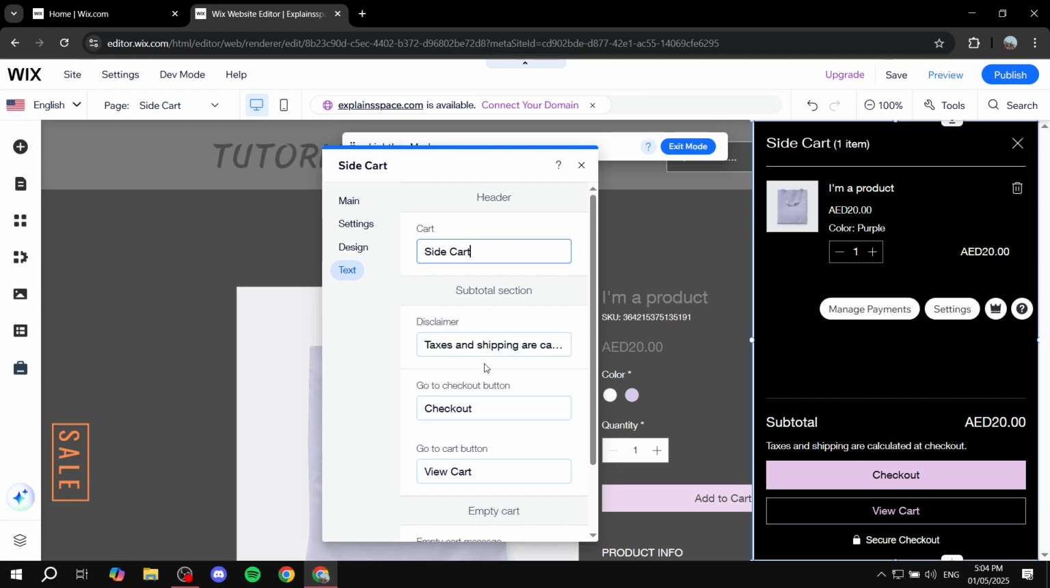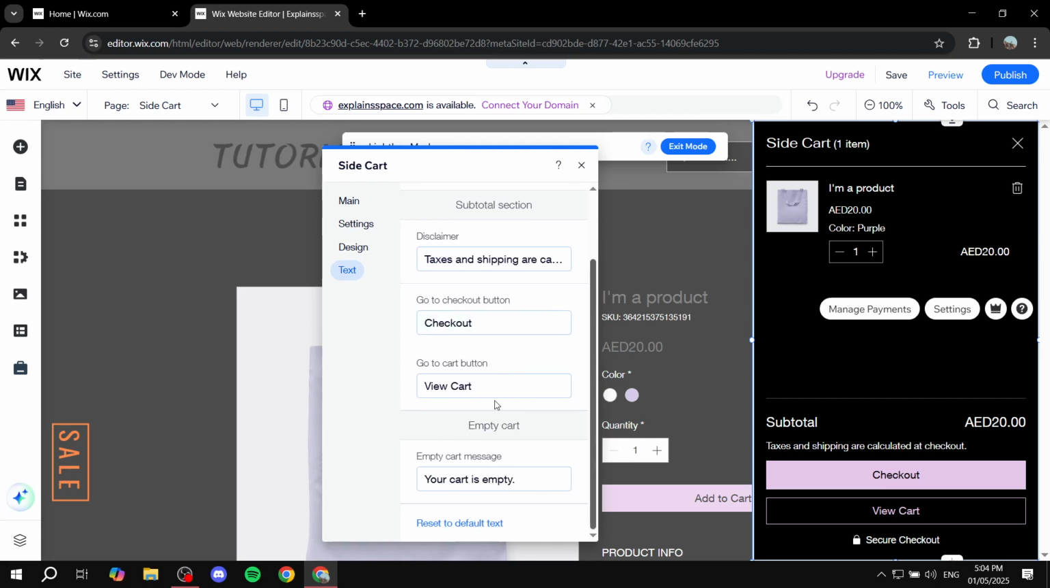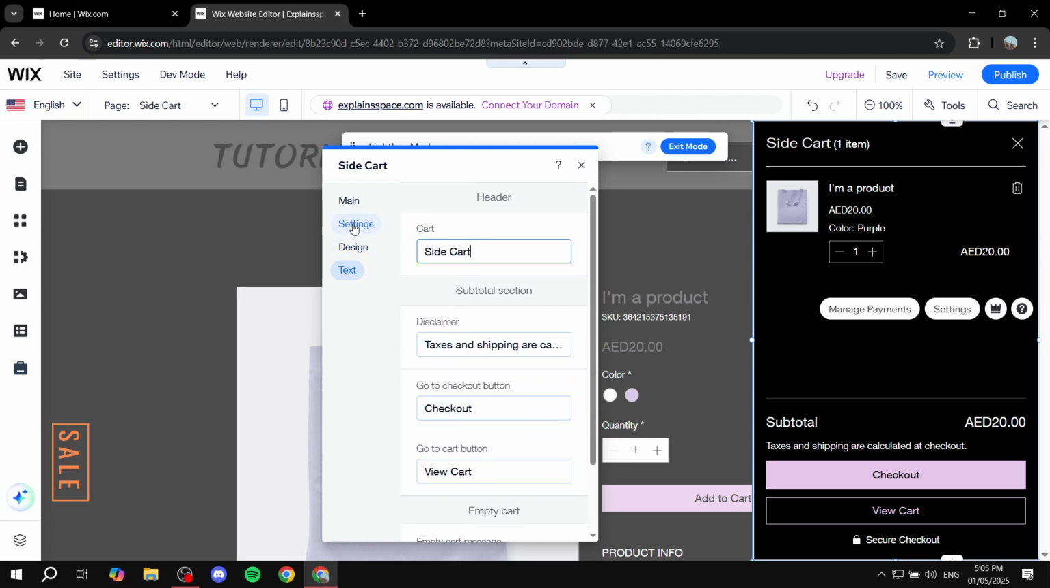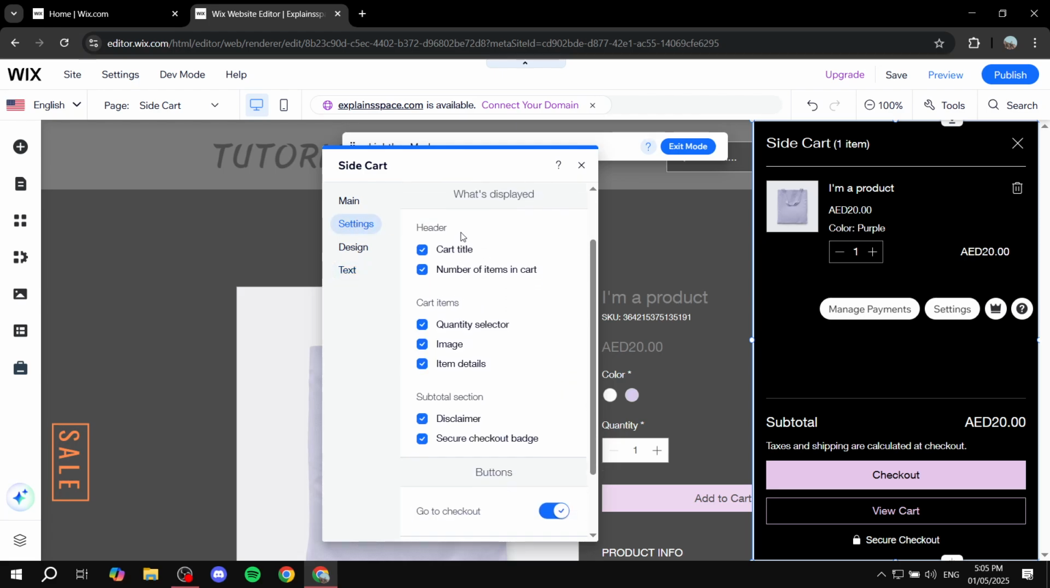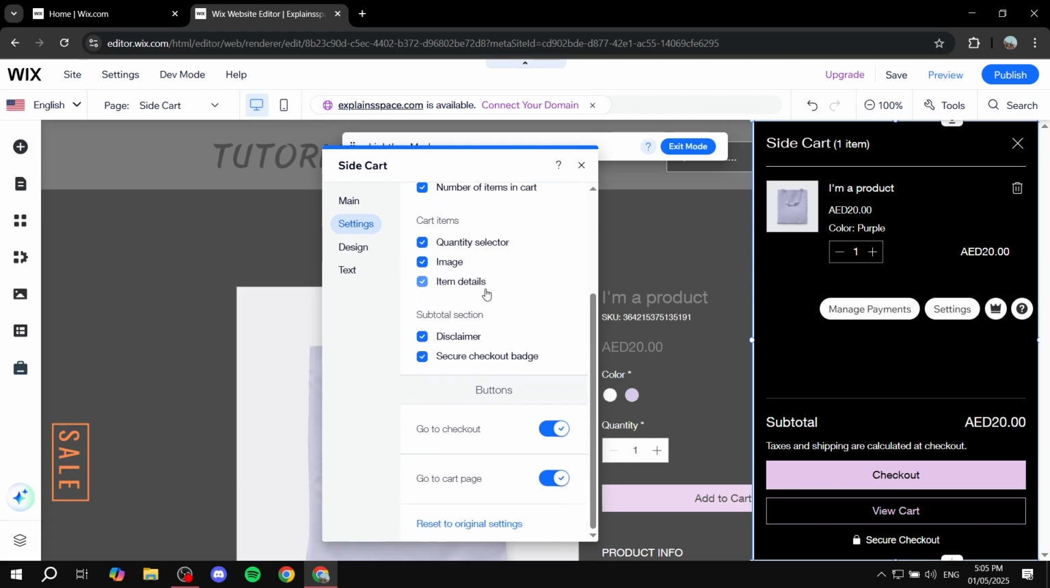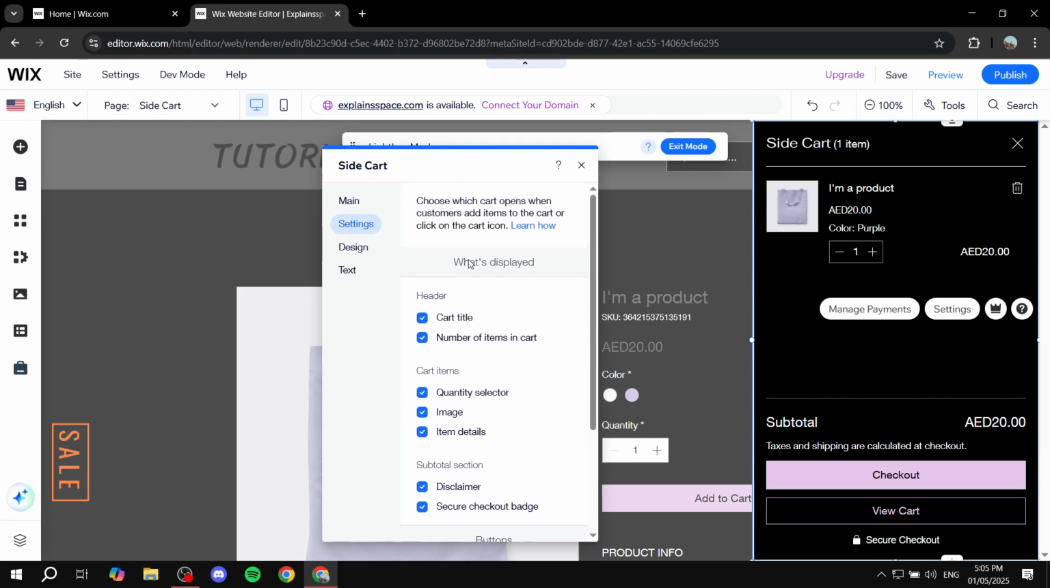But you can change the disclaimers, the checkout, the view cart, and stuff like that. But let's just go to the top here and click on settings. First thing is that here in the settings you can feel free to hide stuff or show them. By default, you're going to have everything ticked and everything is going to be shown,